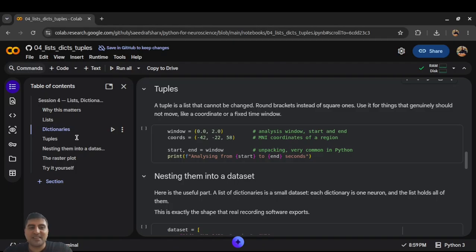Quick one: a tuple is a list that cannot be changed. Round brackets instead of square. Use it for things that should not move. An analysis window from 0 to 2 seconds, for example. A coordinate in the brain: 3 numbers that only mean something together. Why bother? Because if you accidentally write to it, Python stops you instead of quietly corrupting your analysis window halfway